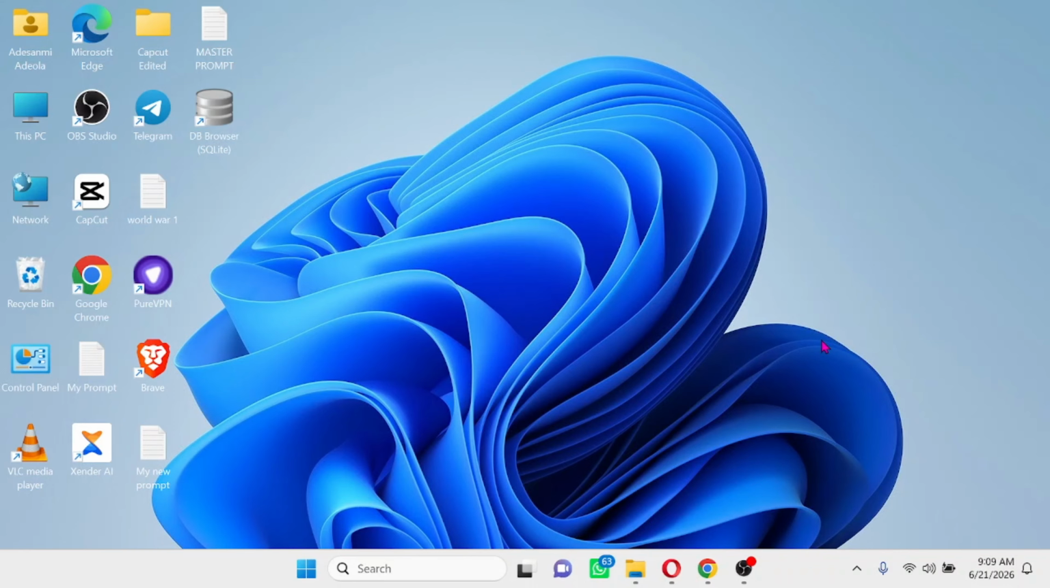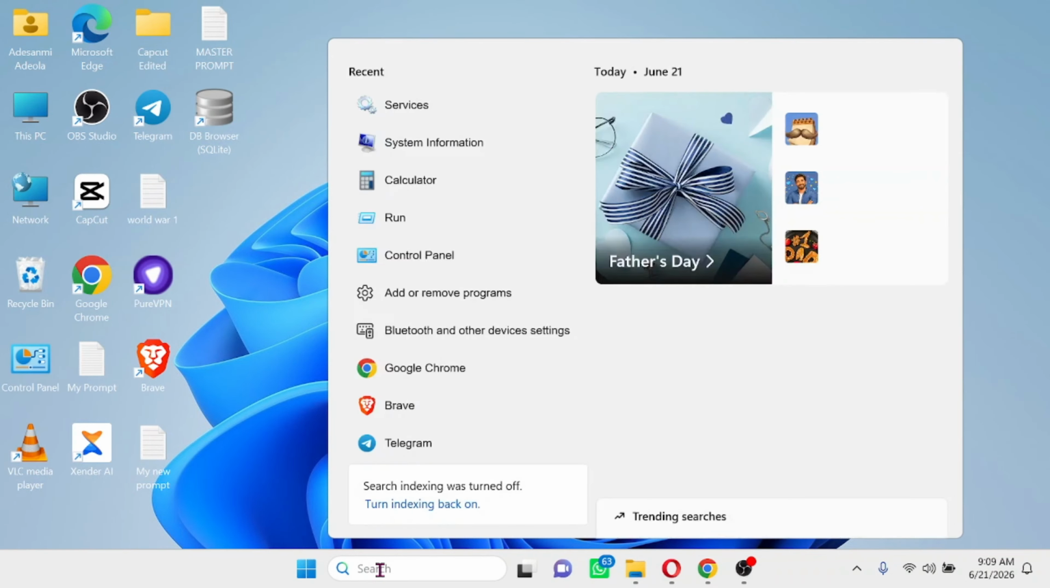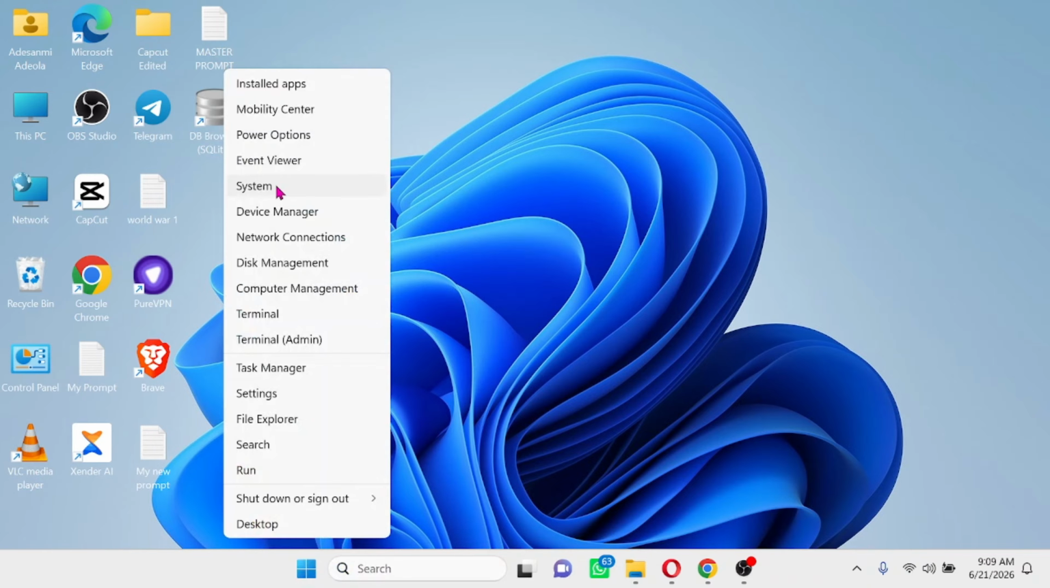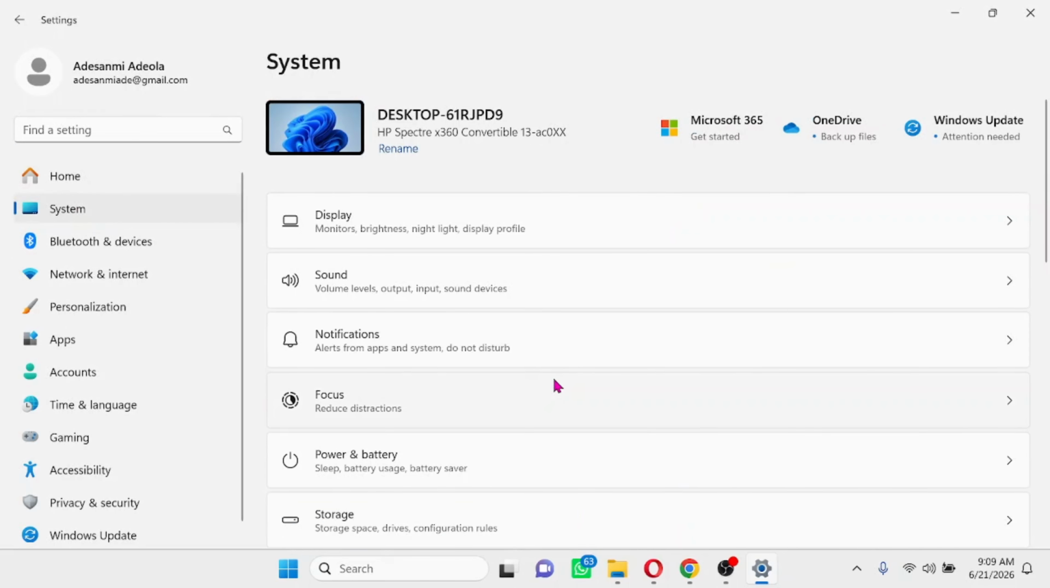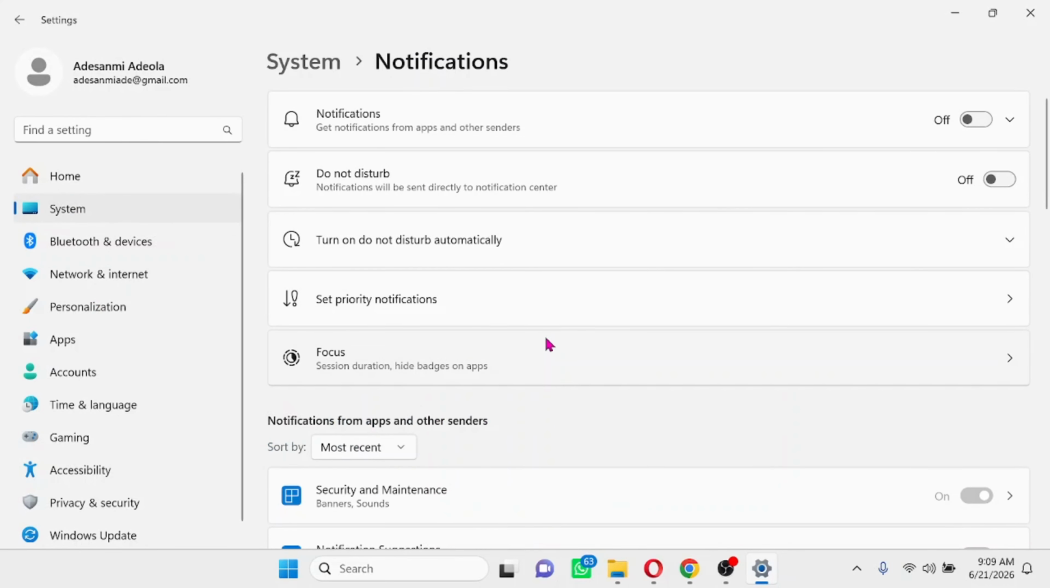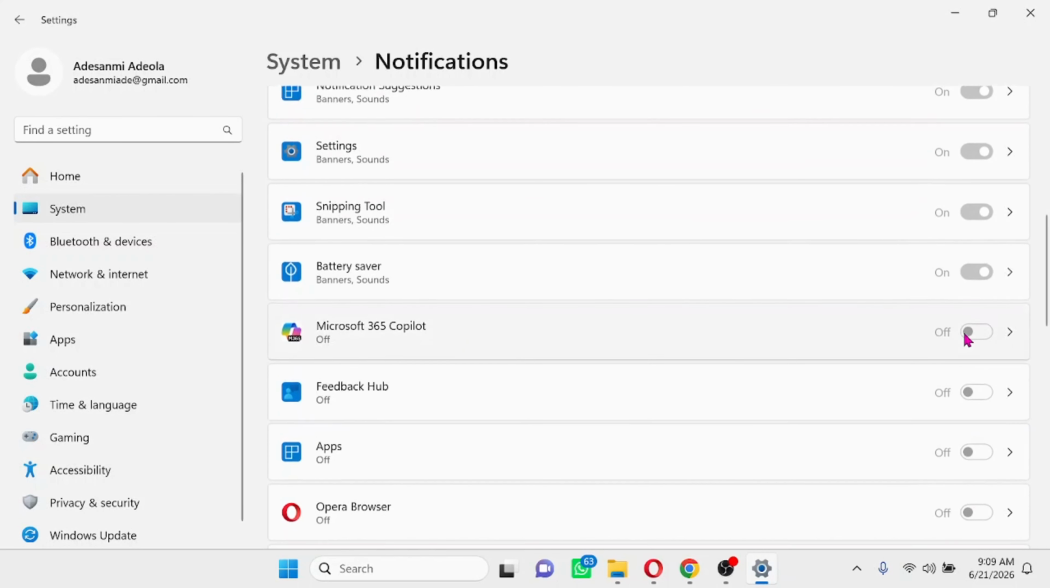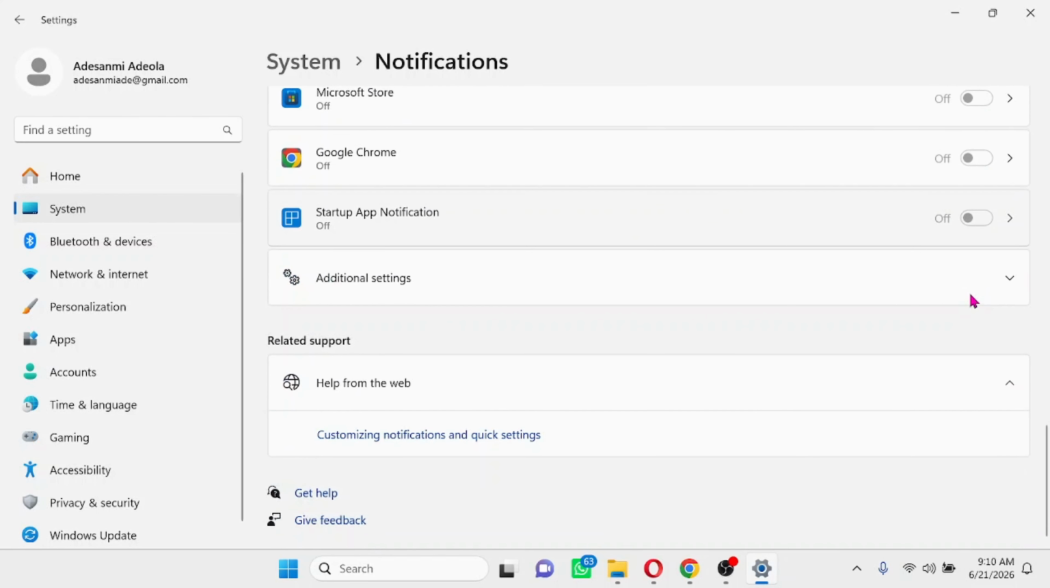Then the next one, which is number 6, is as well, come over to this place here, type in settings, or you right click here, you click on settings. It's still the same thing, just access the settings option. Now click on the system here. Once you click on the system, scroll down until you get to notification. Here, click on notification. Make sure that notification button is turned off. If this is turned on, turn it off. Then as well, you can manually turn off all the notifications here. Then scroll down to the base of this place